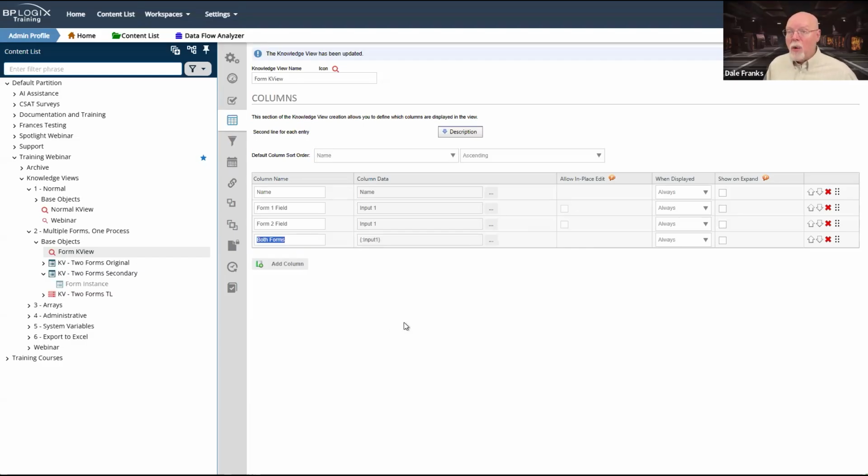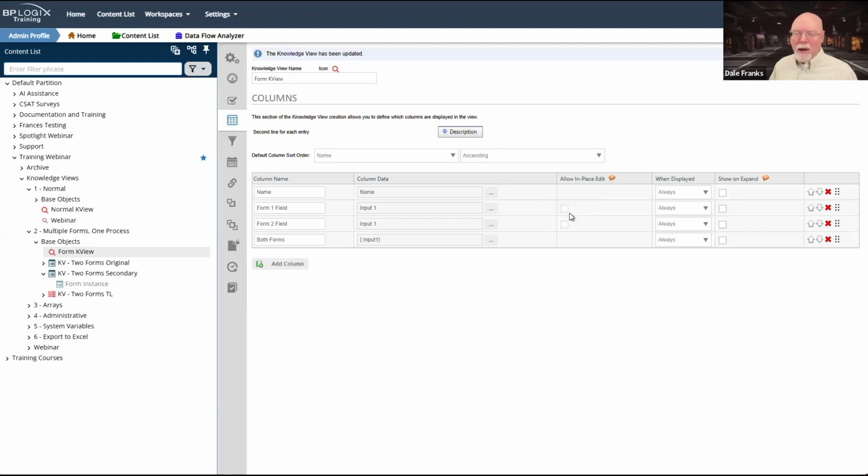So it doesn't know what the form field or the form control ID is, so it doesn't know how to find it in the database. So I can't edit it directly the way that I could if it was just a regular form field. Now, in this case, it doesn't matter because I am returning two forms. I can't do in-place edit anyway. That's just a limitation on the system.